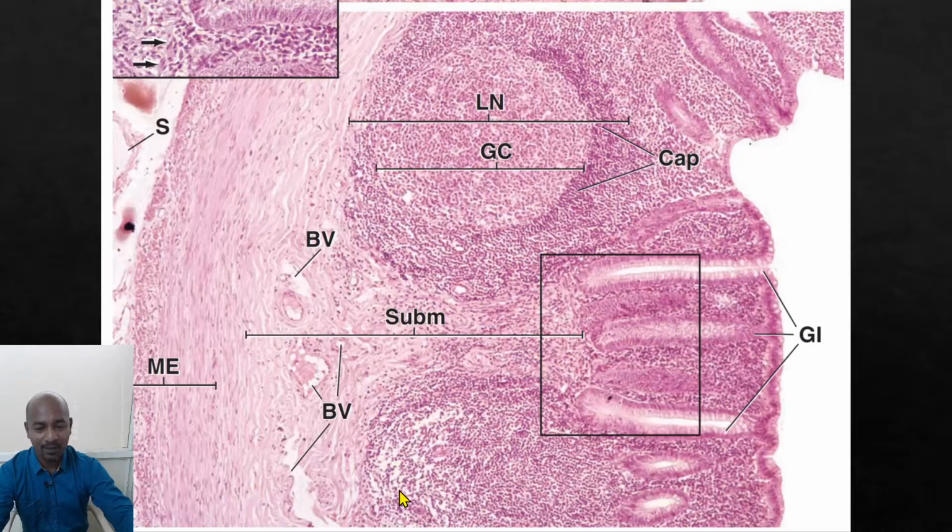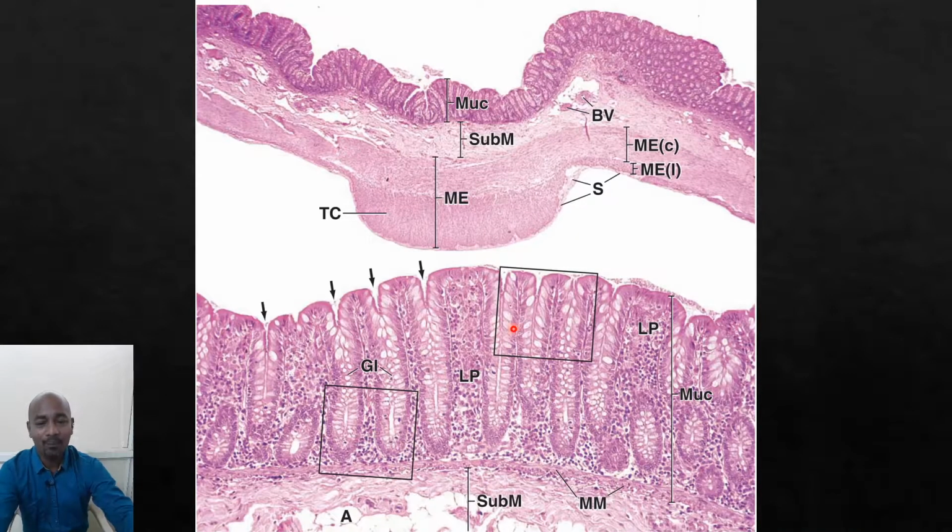So coming to the histology of the colon, here you can see the colon also has very similar appearance. It has this serosal layer. Then you have the muscularis externa. There is a very thin layer of longitudinal outer muscularis externa. Then there is inner circular layer which is quite prominent. Then you have the submucosa and the mucosa.